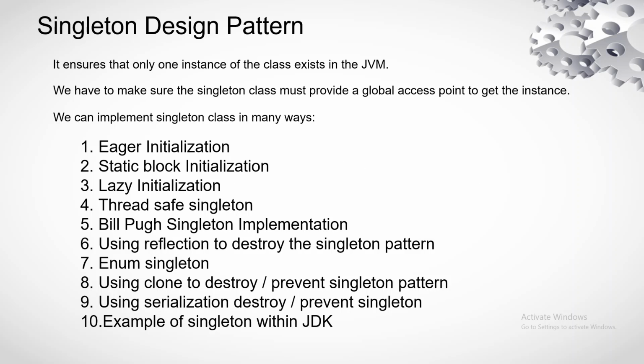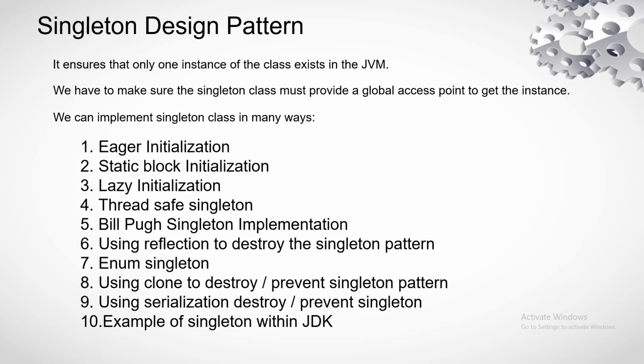First point is it ensures that only one instance of the class exists in the JVM. We have to make sure the singleton class must provide a global access point to get the instance. Third is we can implement singleton class in many ways. So many ways, like first is eager initialization, second is static block initialization, third way lazy initialization, fourth is